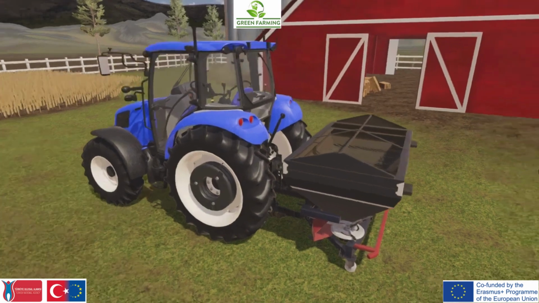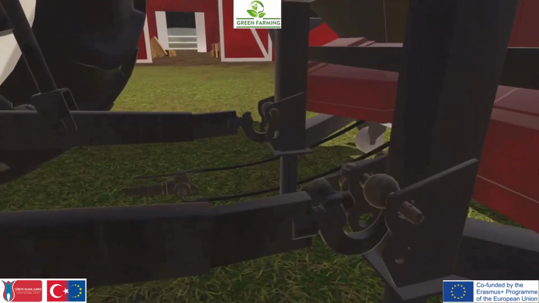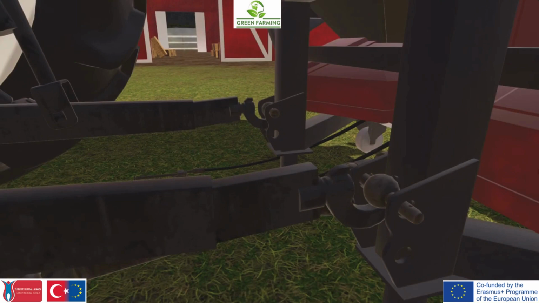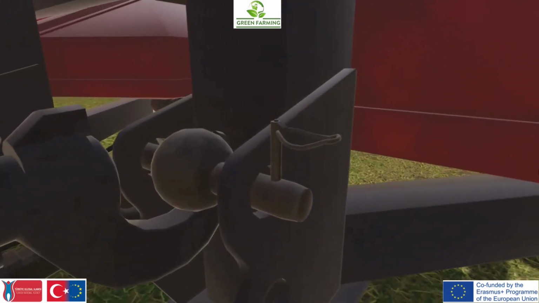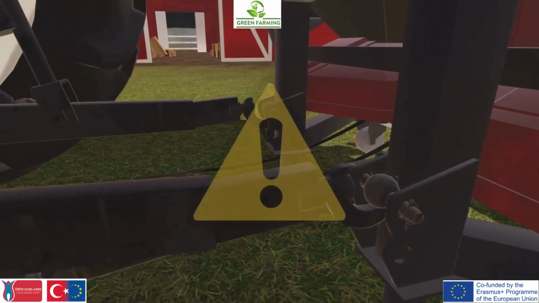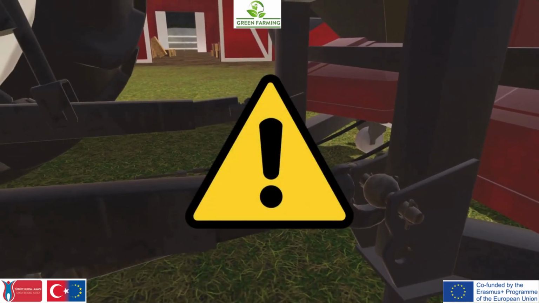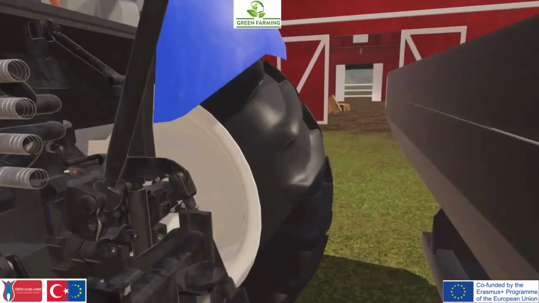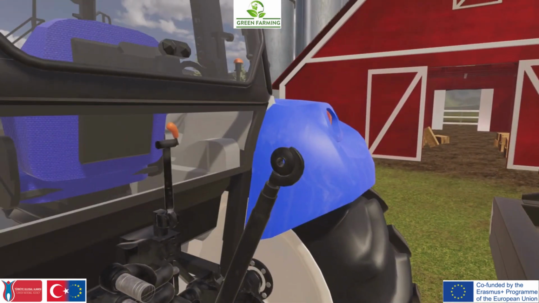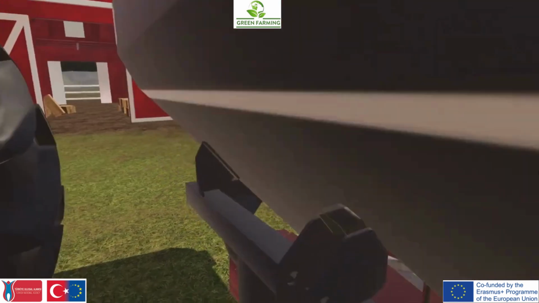Attach the two lower linkage arms of the tractor to the lower connection points of the machine. Then, securely lock both linkage arms with pins and clips. Caution. Be careful in the area where the hydraulic lifting arms operate, as it is a hazardous zone. Adjust the length of the tractor's top linkage arm, align it with the machine's upper connection point, and secure it